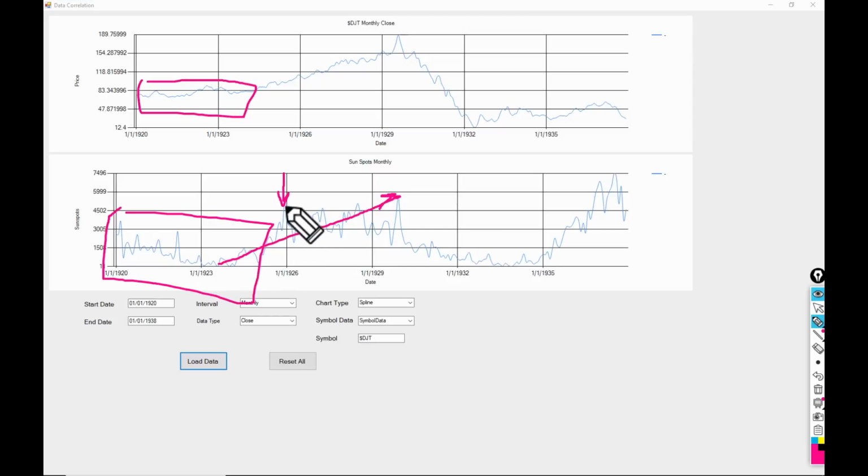This peak in 1926 and other cycles is very common, and it has a lot to do with where we're exactly at right now in October, November of 2021. But I don't want to get ahead of myself. Okay, let's stick with